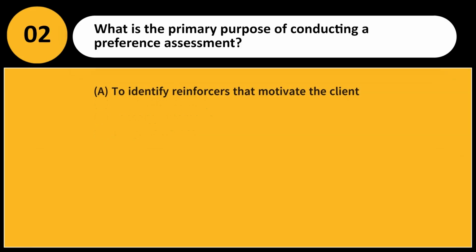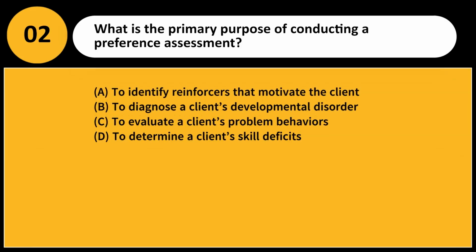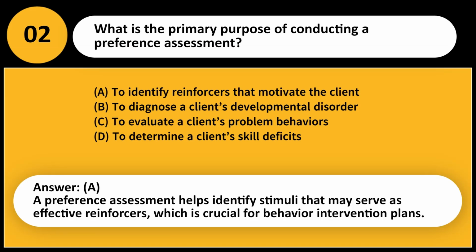What is the primary purpose of conducting a preference assessment? A. To identify reinforcers that motivate the client. B. To diagnose a client's developmental disorder. C. To evaluate a client's problem behaviors. D. To determine a client's skill deficits. Answer A. A preference assessment helps identify stimuli that may serve as effective reinforcers, which is crucial for behavior intervention